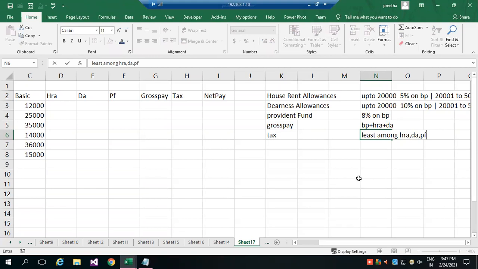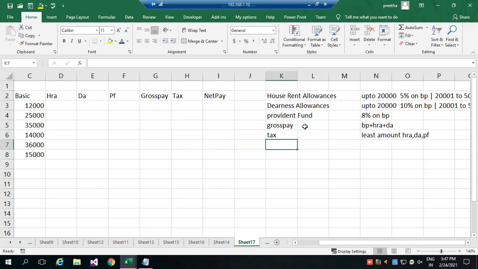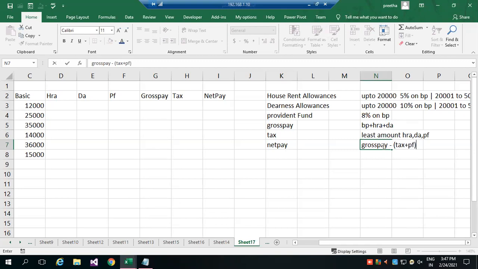Among these, whichever is the least amount, that is tax. Then net pay is gross pay minus, you have to subtract tax plus PF.